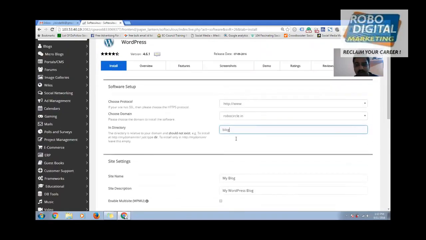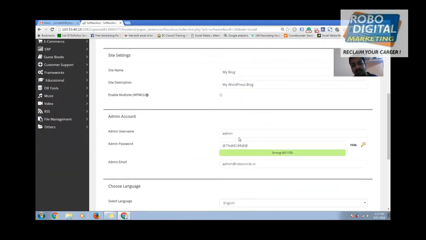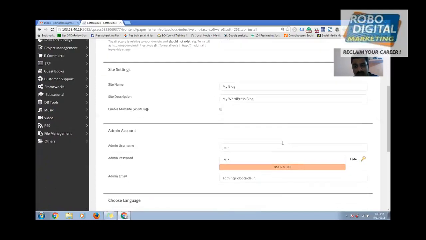But try to keep it blank, because you might be building it for the first time, and I cannot rebuild the website again and again. So to avoid that, I'm keeping it blank. I hope that is clear. Press 1 if it is clear. I've kept it to 1 so that you can respond instantly.